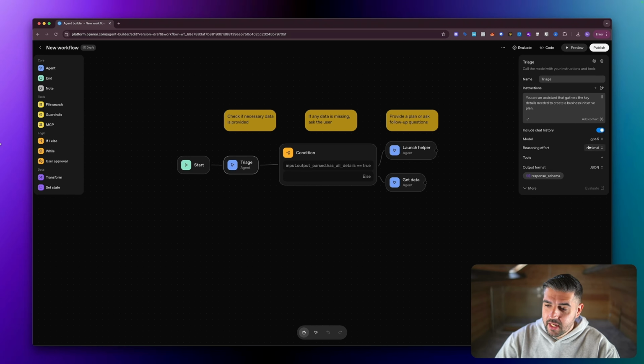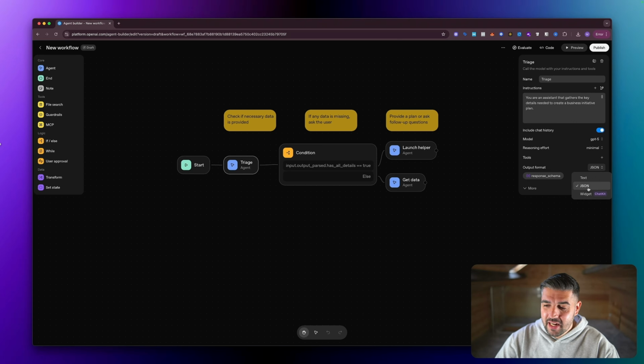Down the side here, we have include chat history, yes, so it has a memory so that it can continue to go back and forth with us. We can select the reasoning effort, low, medium, or high, to see how much effort the AI actually puts in. This template has medium. But the most amazing piece of kit inside of here is you can change the output text widget, which is the chat kit, which I'm going to go into a little bit later on.